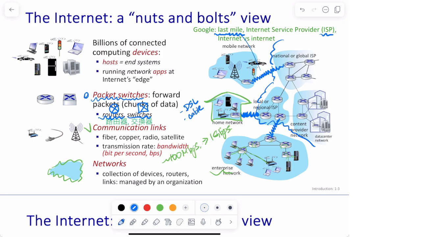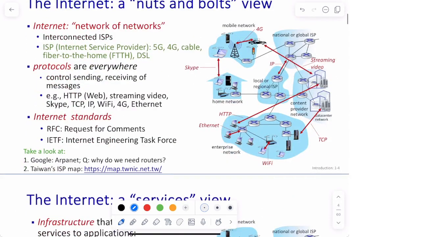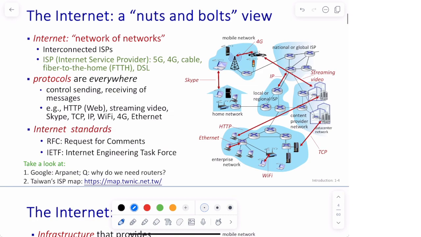That is the component of the internet. And sometimes we use a phrase, network of networks, to describe the internet, because it has